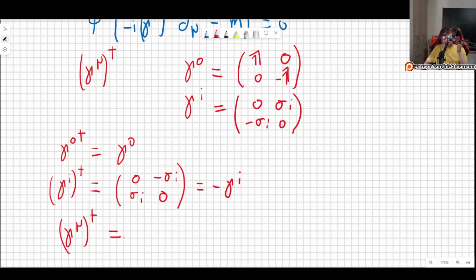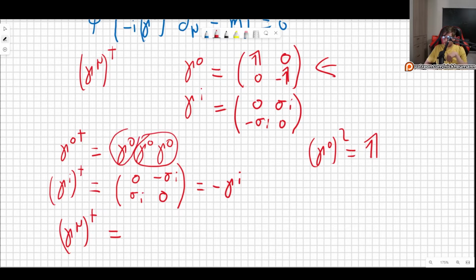So here you have to get creative. Now, we know that gamma 0 squared is equal to 1, right? You can also see it right from there. So, 1, of course, being the unit matrix, by the way, just to make this very clear. Okay, so then, how can we do this? Well, notice that if we multiply this by gamma 0, two of them are always going to be 1, so we end up with the result that we know is correct. And if we multiply here by gamma 0,